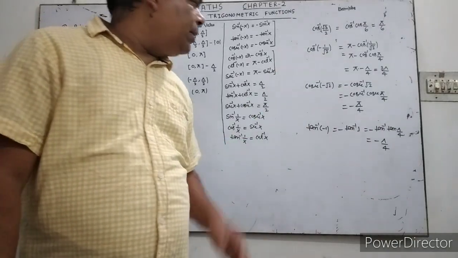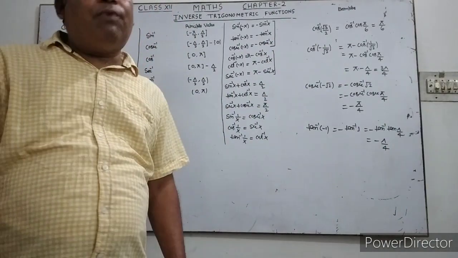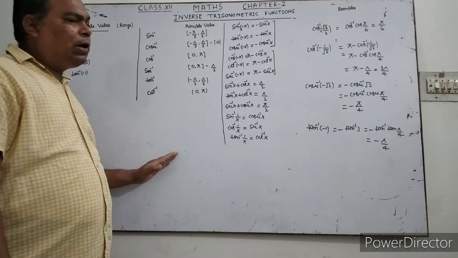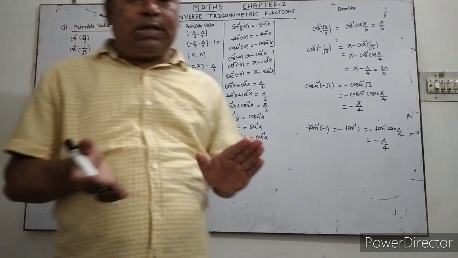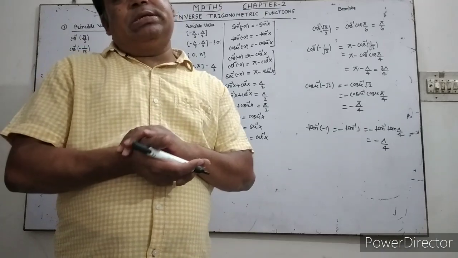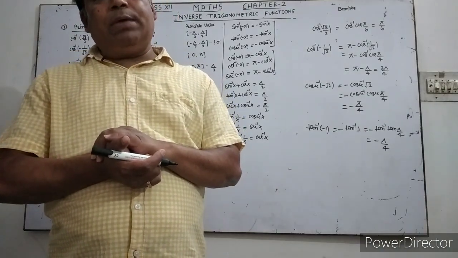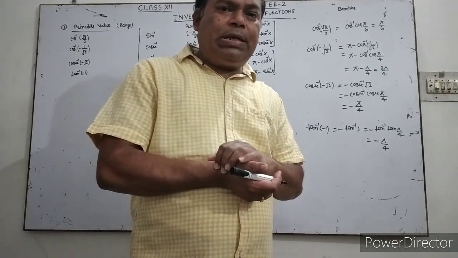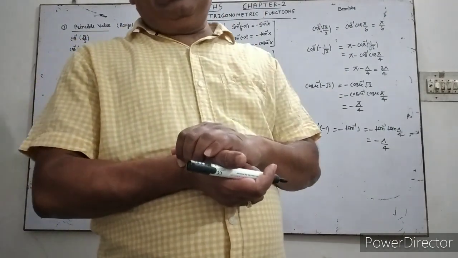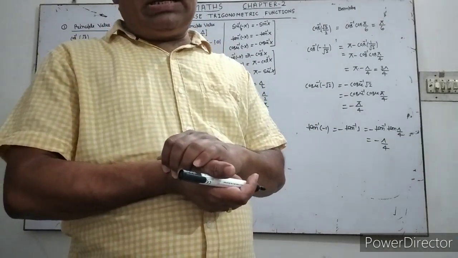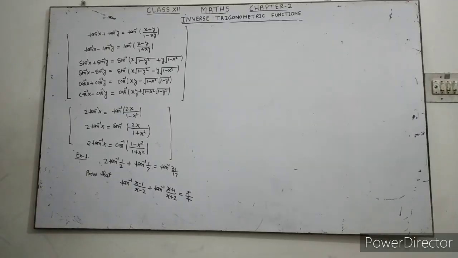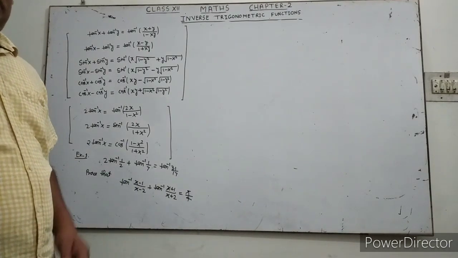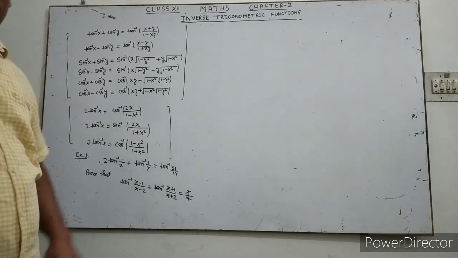You see how we explain the examples, how you can find the principal value of these functions. First you remember all the formulas. What is the range of the sine inverse x? Minus pi by 2 to pi by 2. What is the range of the cos inverse? 0 to pi. What is the range of the tan inverse x? Minus pi by 2 to pi by 2. Last class, we discussed the sum and other formulas related to inverse functions. This is a very important formula.